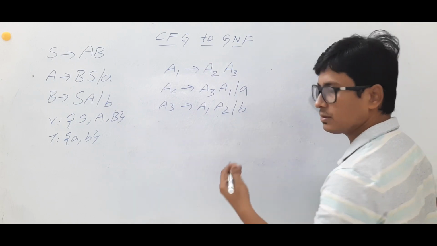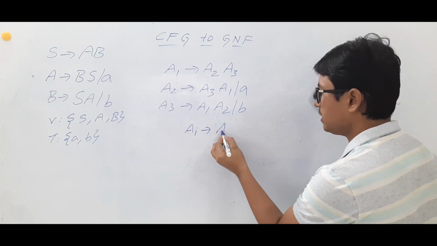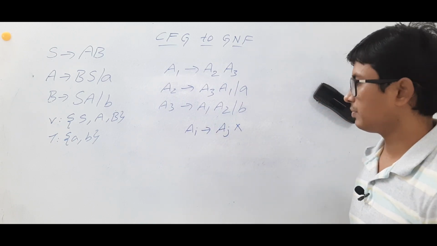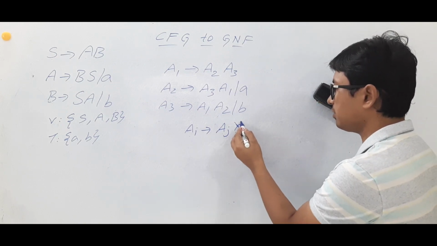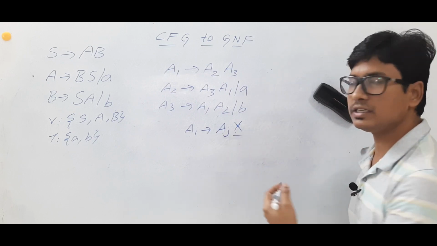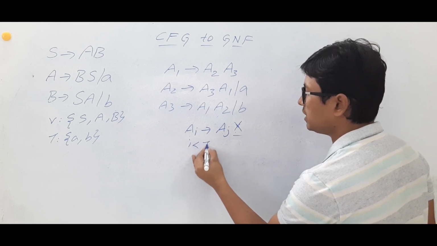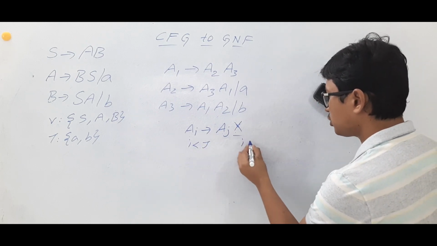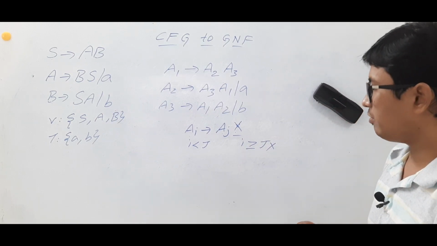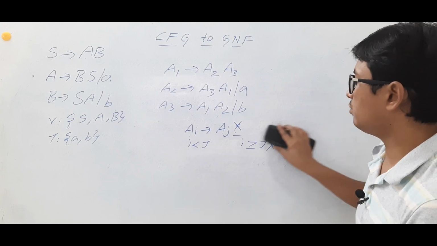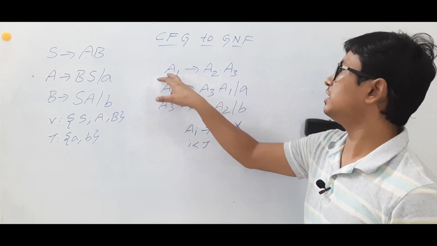The next rule says that in the same rule it was mentioned that if AI determines AJ, after that anything can be there. Meaning it can be a variable or it can be a terminal, anything. So that's why I said it as X. Now if it is in this form, always the I value should be less than J. I value should not be greater than or equal to J. Are you able to understand? So always I value should be less than J, then only we will consider that production, otherwise we will convert it into this form.